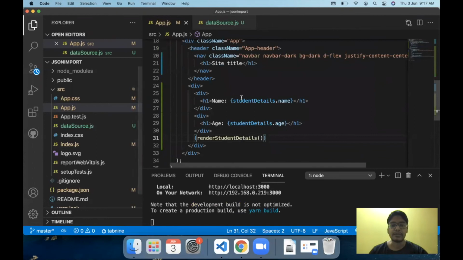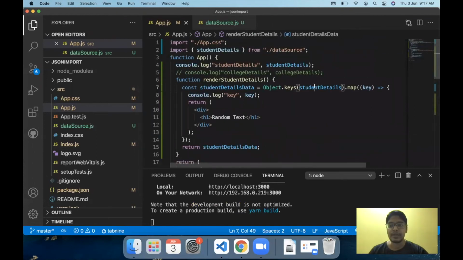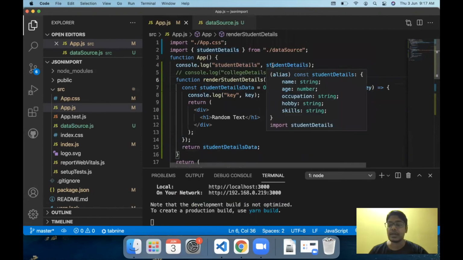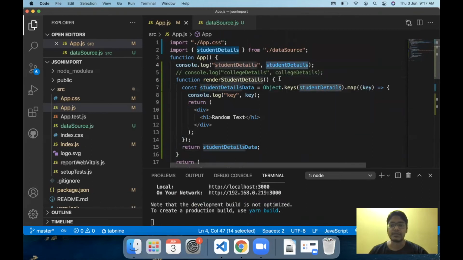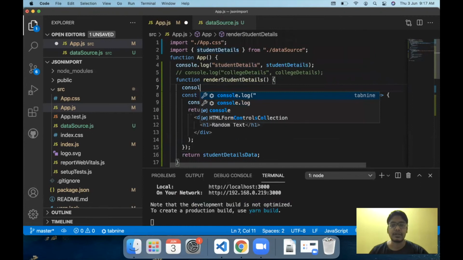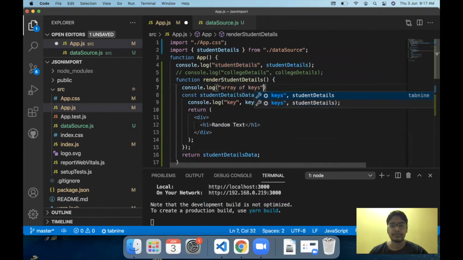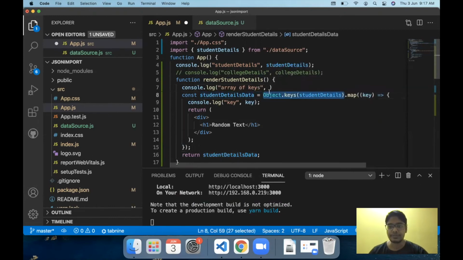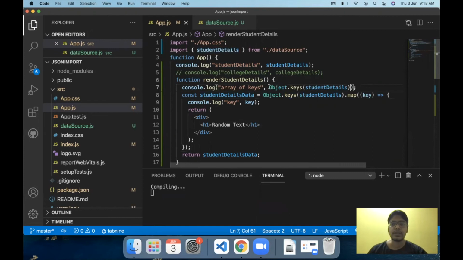Why did that happen? That happened because this map function ran on my array of keys for 5 times. Let me just get back the console.log of array of keys. Let's just print out object.keys. It's saved.